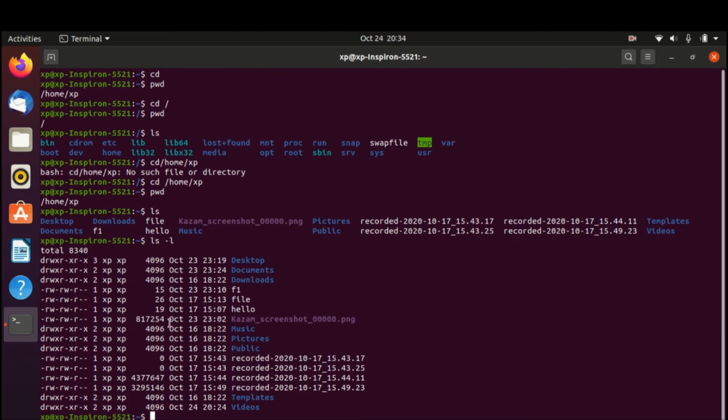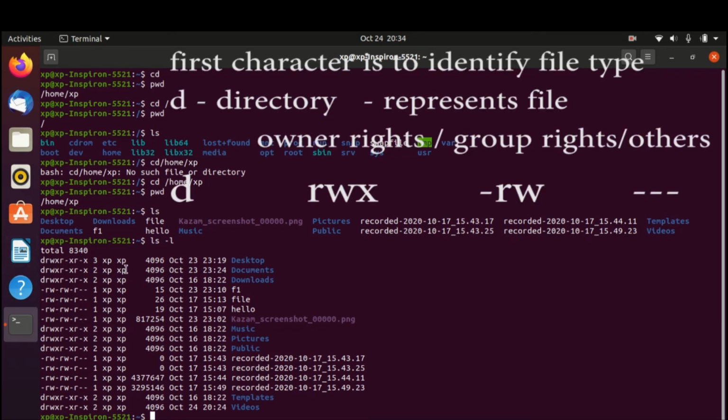The meaning of that is: d means directory, and if there is a minus in the first character, that represents a file. If the first character is d, then it is a directory. If minus is there, then we will assume it as a file. That is the first character concept.